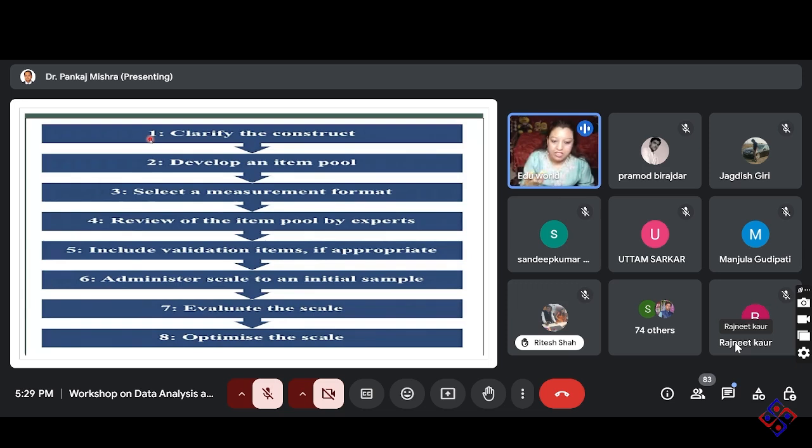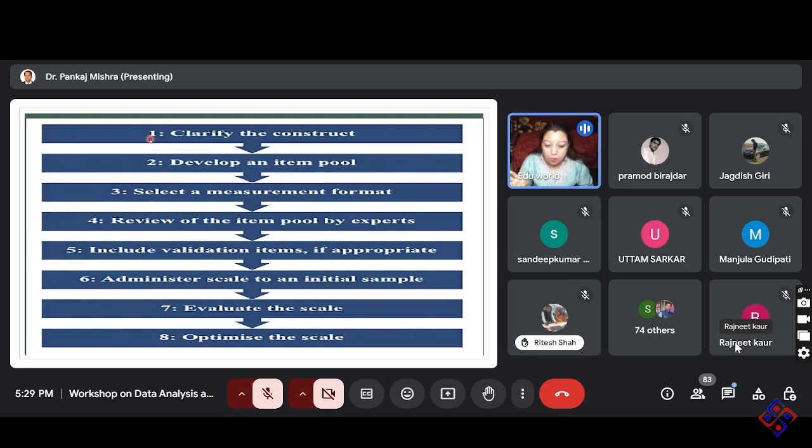Like when we are seeing a person's face, and from seeing the face, we state that this person will be very angry, or this person will be very friendly. From that only, we have a first mindset, okay, this person is very friendly. So that is face validation. And content validity is when you are going through the content of the items, whether those items are actually related with the study or not. So that is content validity.